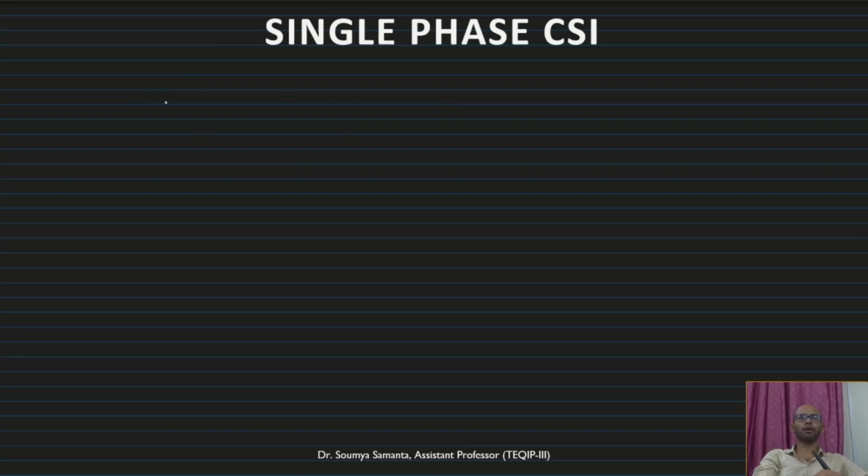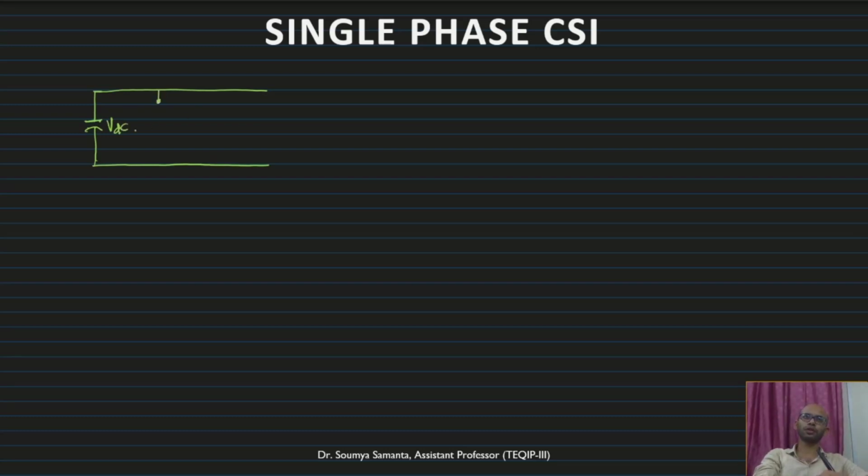Let us start with the single phase voltage source inverter. What was the single phase voltage source inverter? If I draw it in terms of generic switches, here we have connected a capacitor. If the voltage is variable, we need a filter to eliminate the spikes or ripples; if the voltage is constant, this is not needed. So now we are considering this as a constant voltage VDC.